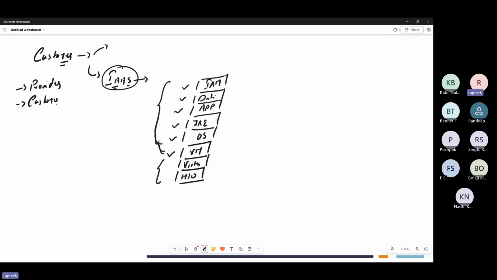So the question is, at what time you will go for this? See, sometime what will happen, you have a huge compliance requirement. Okay. And to fulfill that compliance requirement, you have to, okay, to fulfill that compliance requirement,